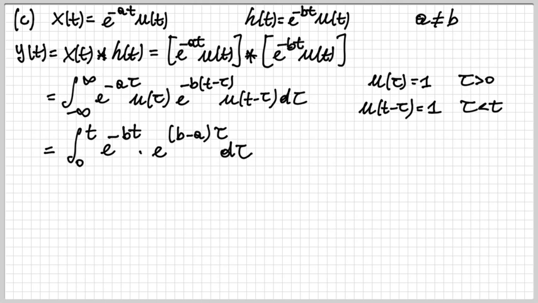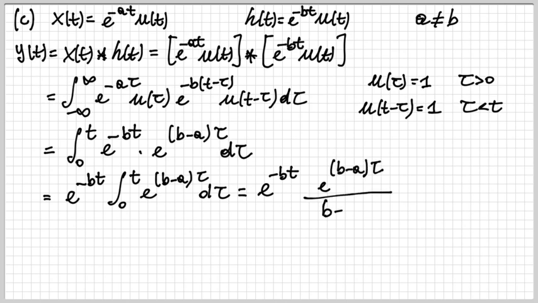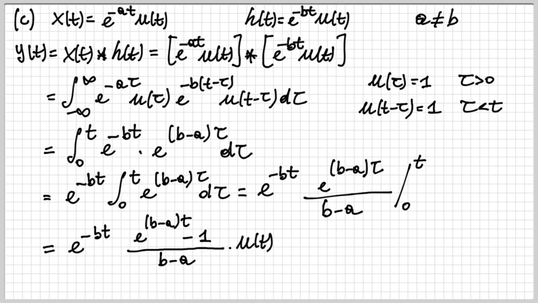So this again can be solved by noticing that the first exponential in the integral, e to minus bt, is not a function of tau, so it can be taken out of the integral. And the integral I'm left with is a simple exponential, so it will be given by e to the (b minus a) tau over (b minus a), which is the exponent, and this has to be evaluated between 0 and t. So if I do that, this is what I obtain, and this expression can be further simplified to a difference between two exponentials, okay, times a step function. So here's the solution for this exercise.